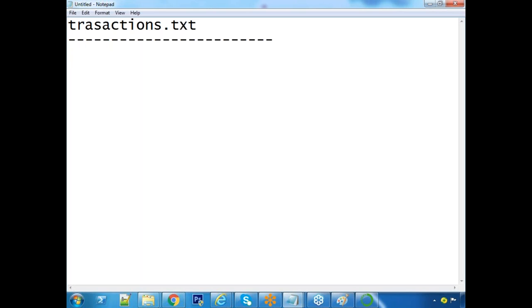The file schema is like this: transaction ID, customer ID, which product he has purchased, product ID, the sales price at which he purchased it, and how much quantity he has taken.